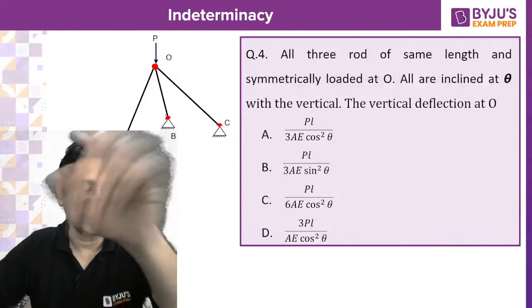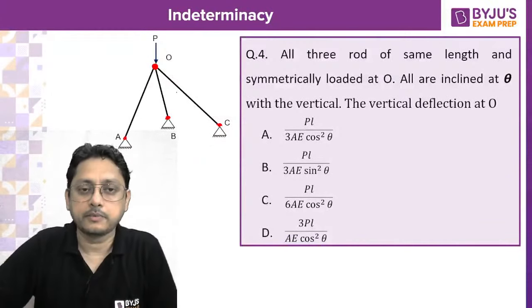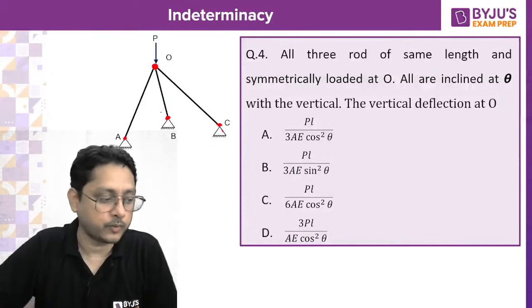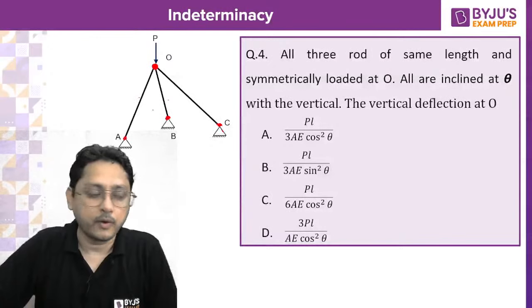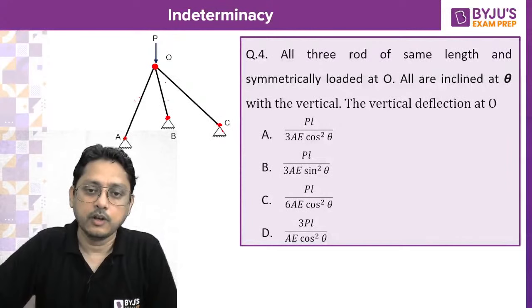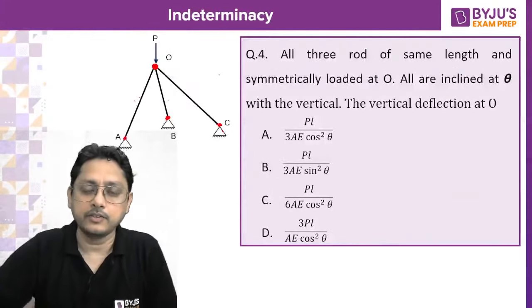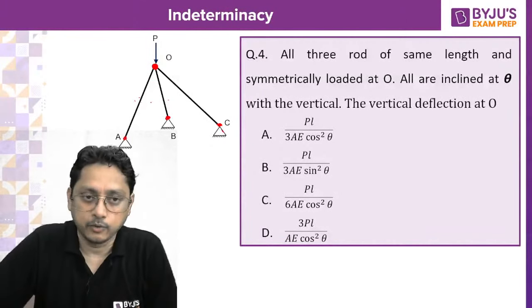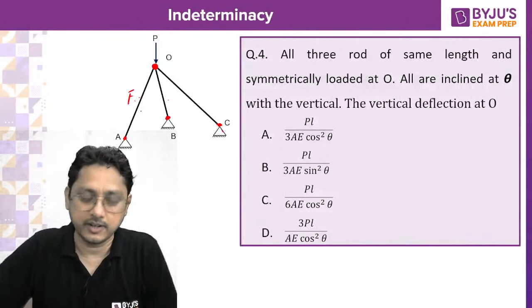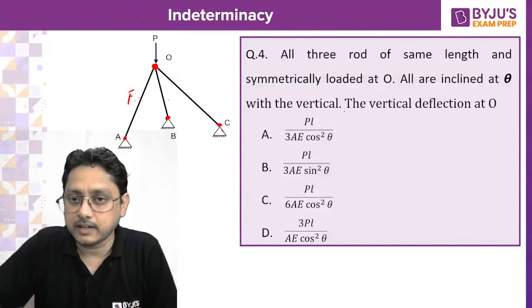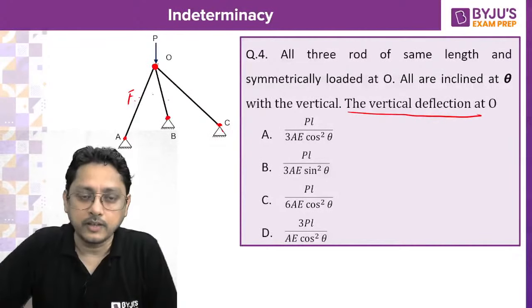One thing you have to keep in mind: if it is a frame which has hinges at every location, this is nothing but a truss, a space truss. All the members will have only axial force. Now what force is going to get generated inside the members, I don't know. So consider that F is generated here. F is the member force, because he is asking for the deflection at O. So to get the deflection at O,